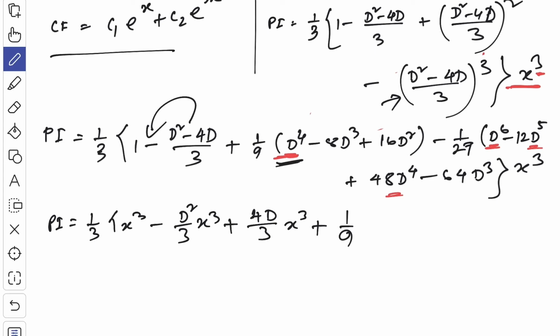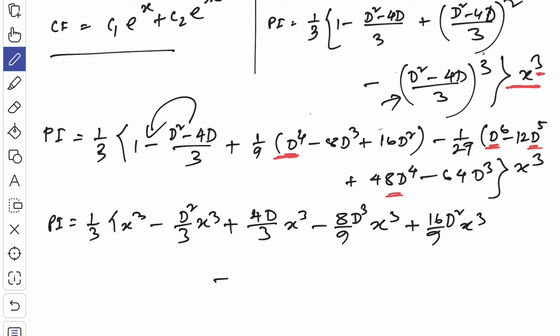So this term can be ignored, so we can take minus 8 by 9, so minus 8 by 9 d cube x cube, then plus 16 by 9 d square x cube, then what you can take minus,